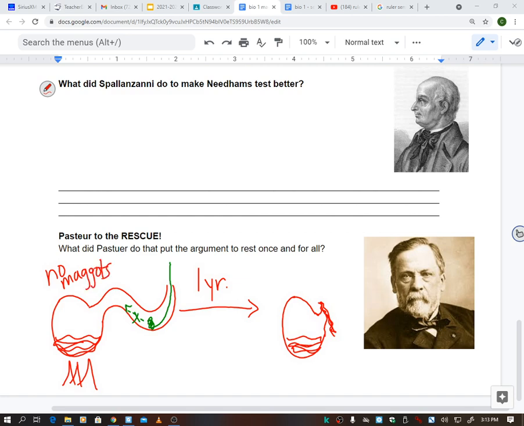He cut the neck off of it, and all of a sudden, within a few days, maggots appeared. So he said, living things come from other living things. Things do not just appear out of thin air. So that kind of put that to rest. The scientific community rallied behind him, and any scientist no longer thought that spontaneous generation